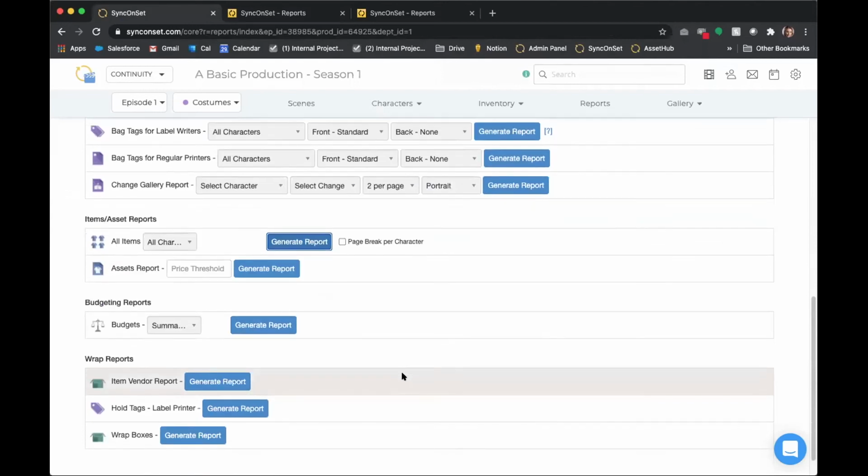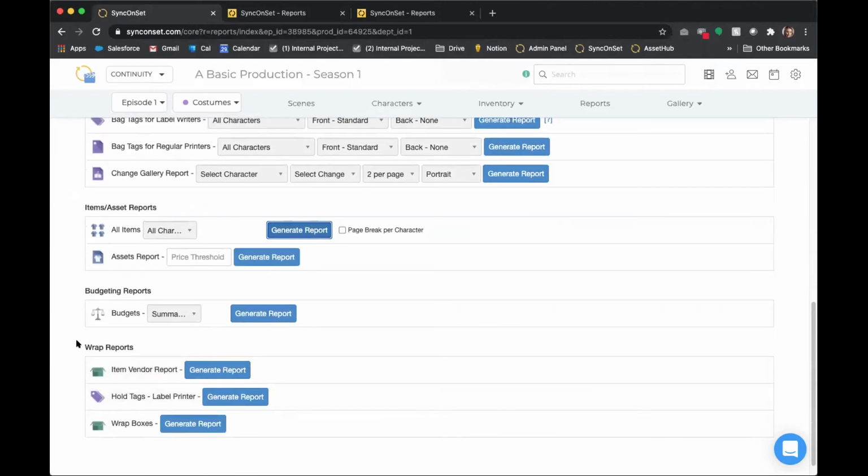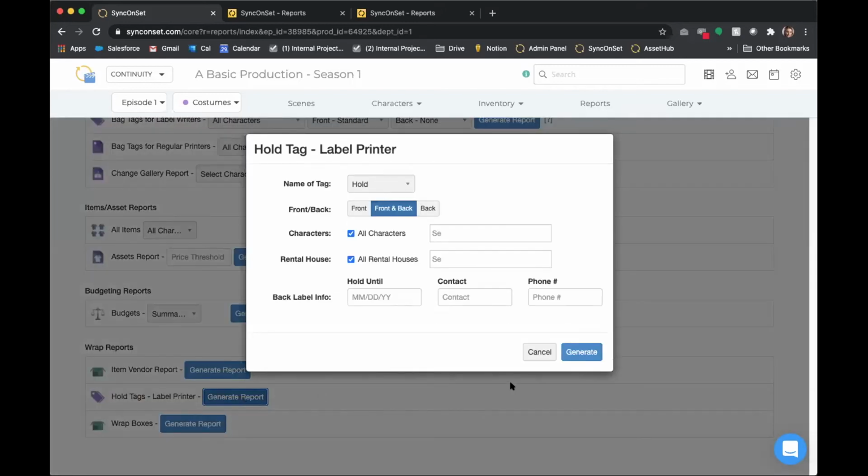Down at the very bottom, you'll see a specific section for wrap reports. Now within here, you'll see the hold tags report. This will generate tags for rental items that need to be held until a certain date. So these tags are formatted to print on a label writer. Okay, so if I wanted to generate that report, I could go ahead and hit generate report, and you'll notice